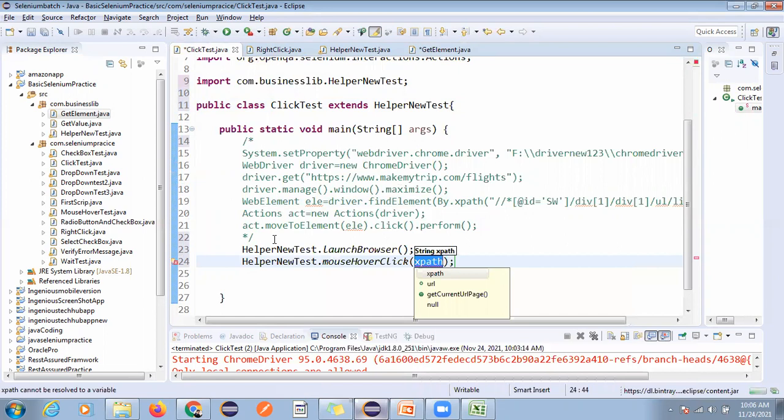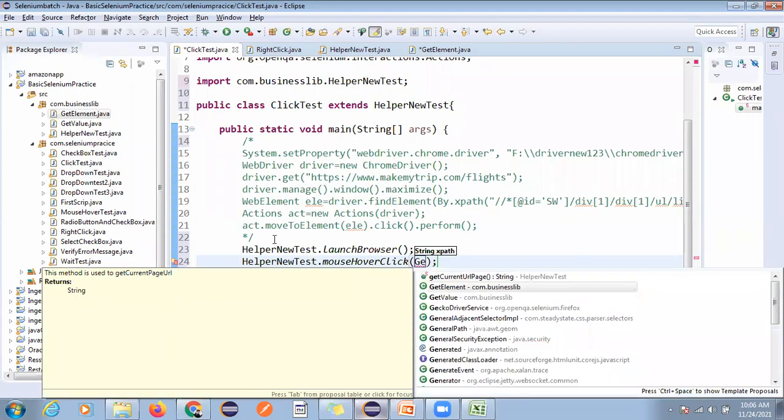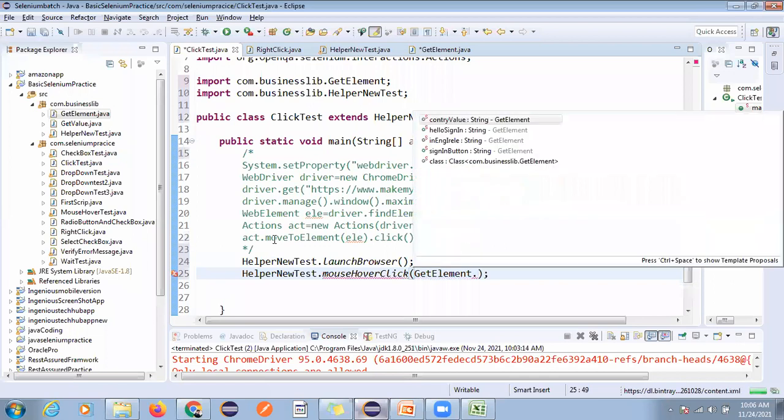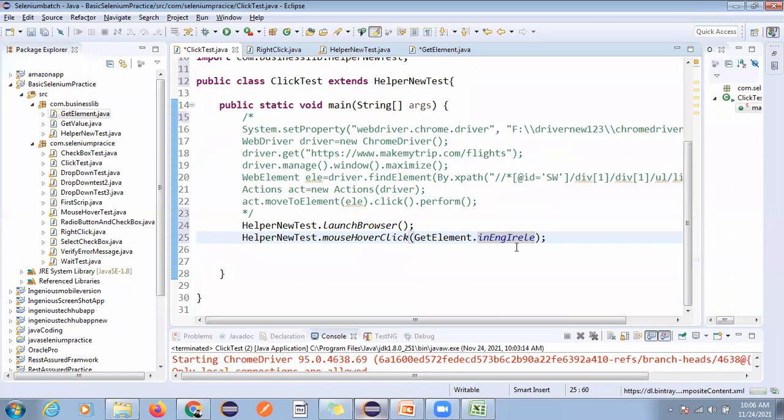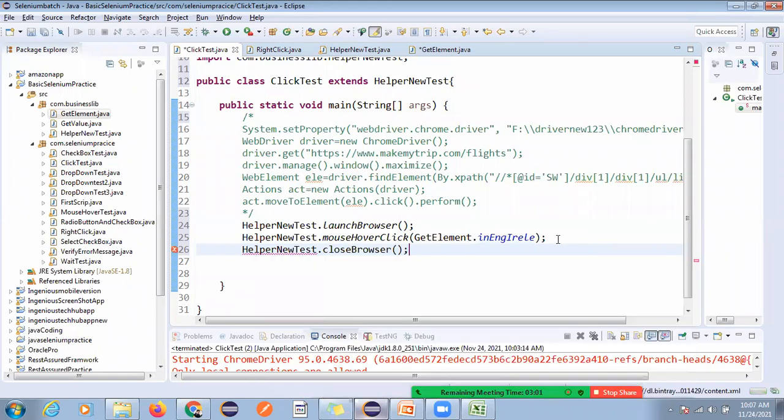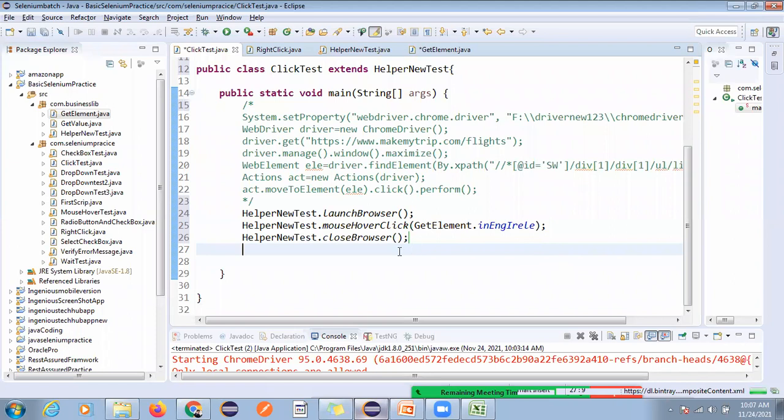Okay, and now get element dot, we will use this one. That's it. And now helper new dot close. Just within 3 lines of code we can perform this operation. So here we have to change the url.